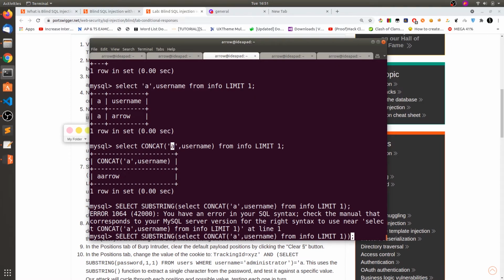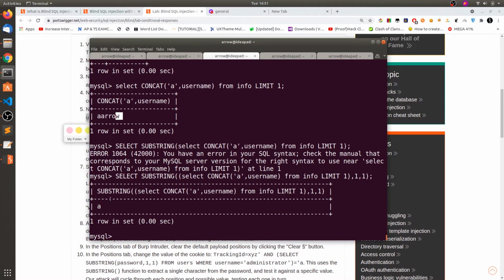So this inner query returns the A arrow. In that we need to get the first one, which is A, which we already know. So you can see we got the A because first we have the A and concatenated with this table name.